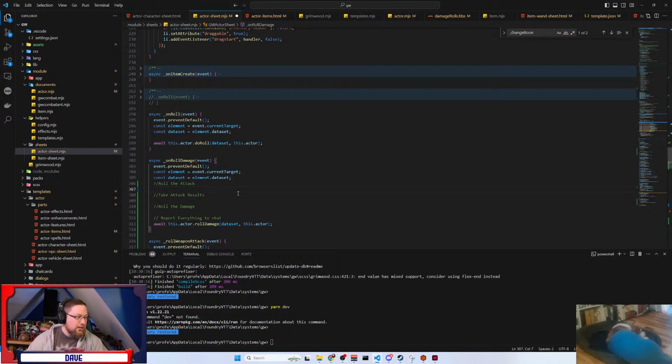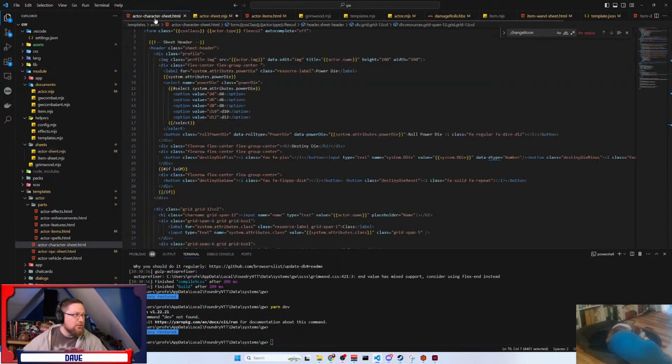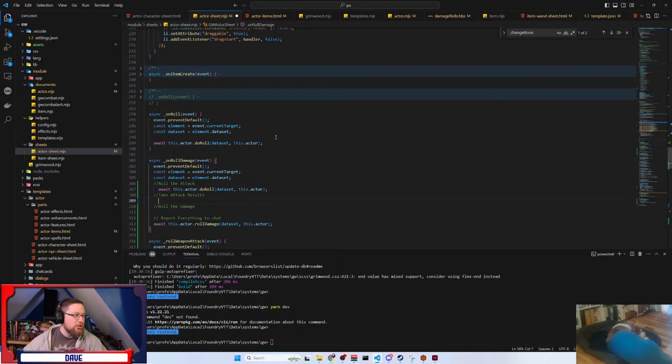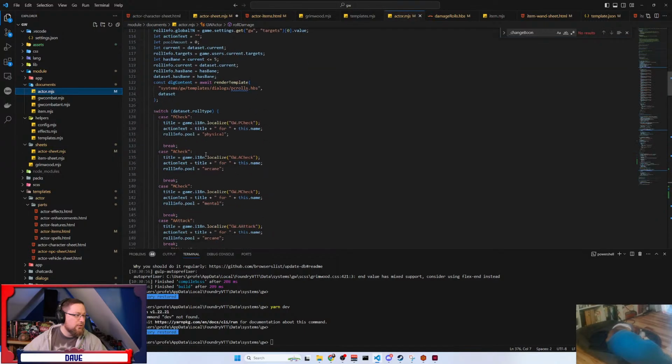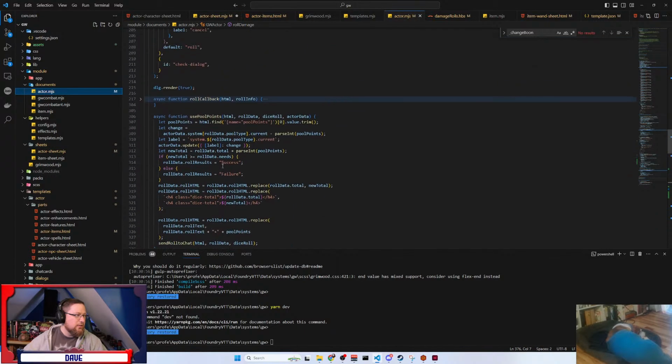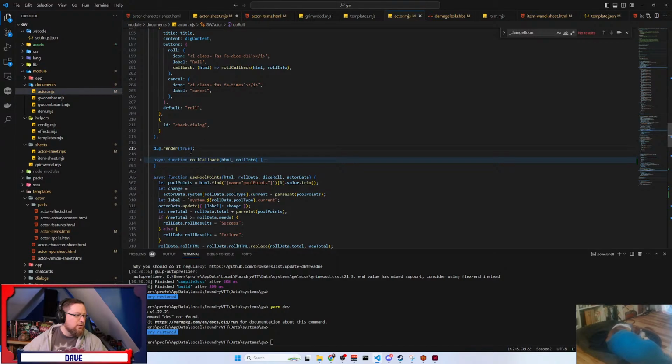Okay, so roll attack. So that's simple. That's this. Now, I might be missing some data for that, so we'll hold off. And then, but I need the information to come back to here. So I'd have to return in the do roll. So in actor, in the do roll, at the end of it, after I render